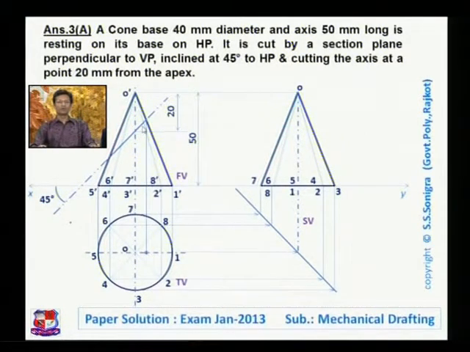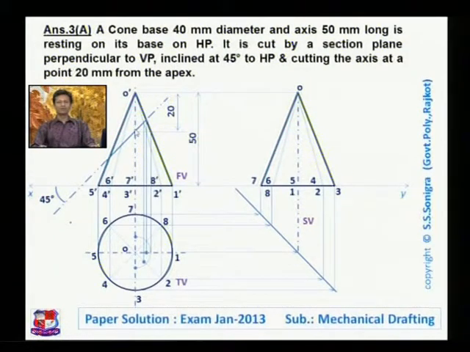Similarly, here 2 points are there, that is the intersection of O dash 2 dash and this cutting plane line. So from this, draw a vertical line like this that will cut O2 at one point over here and O8 at another point. So here we do have 2 points. Similarly, lines from these points. So what should we do to find the position of this point? For that, let me use one analogy.